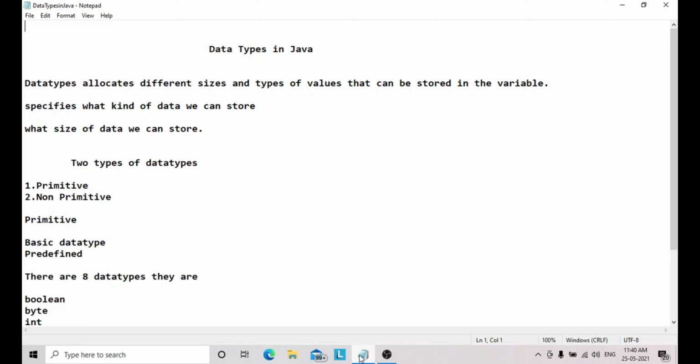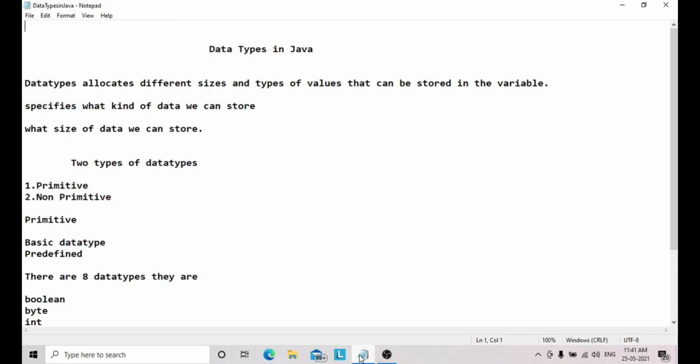In computer memory, what type of values we are storing and what type of variable. Depending on these data types, computer memory will be allocated. So we have to specify what type or size of data we are going to store in computer memory. For that only we are using data types.